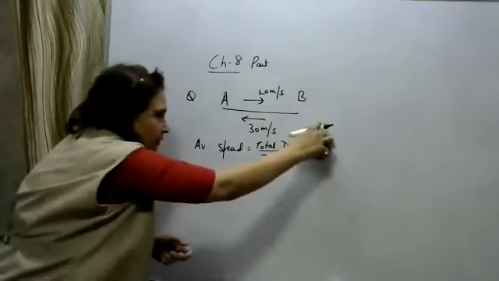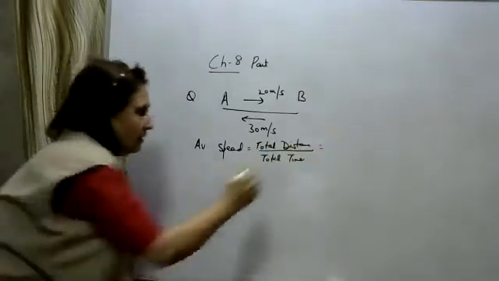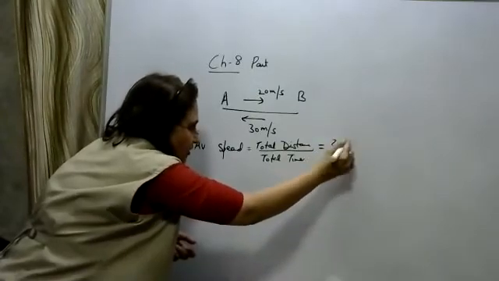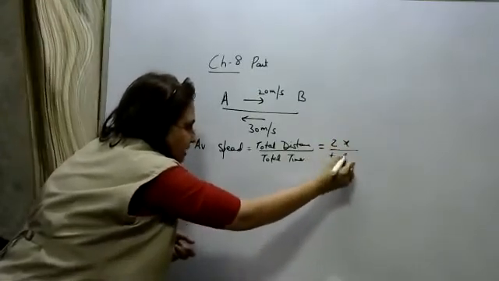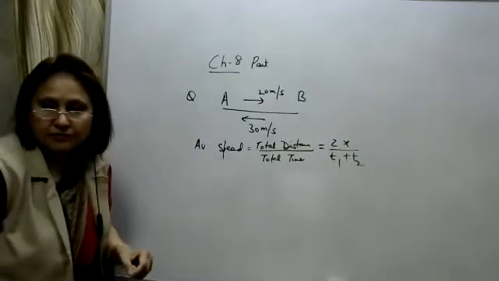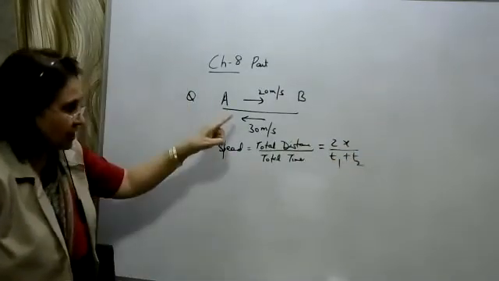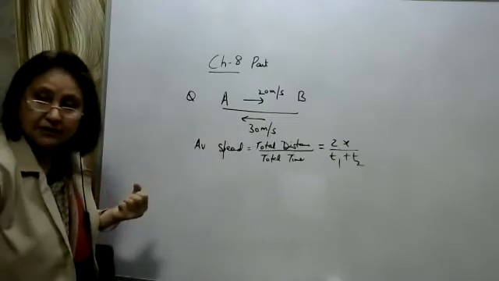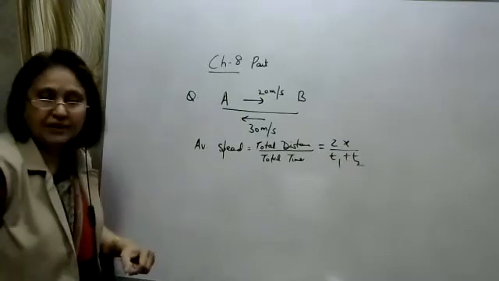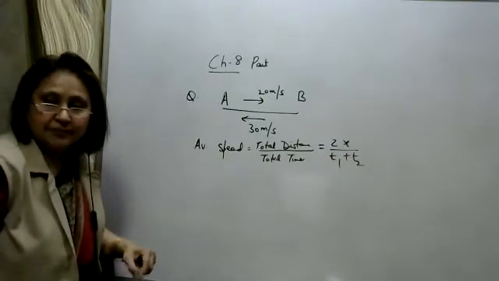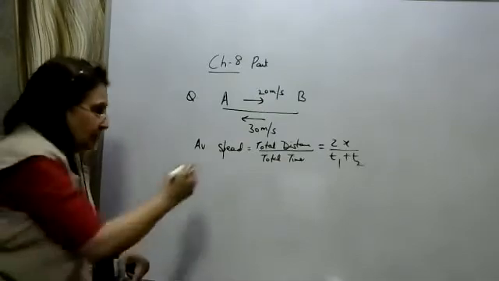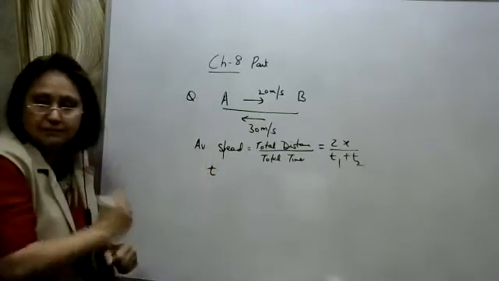Now what is the total time taken? Let, for going, he takes a time t1, and returning back, he returns in time t2. t2 will be less because he is coming with a greater speed, so the time taken will be less. Now let us find out time t1 and t2. We know that speed is equal to distance upon time, so time is equal to distance upon speed.